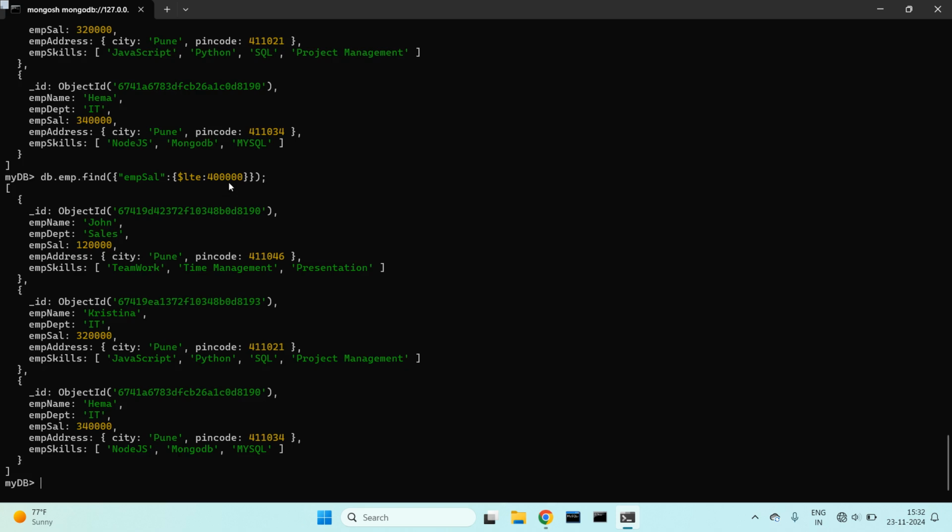Now next is the $in. Suppose I am searching for the employee information of those who are working in the IT department as well as the sales department. In that case, I can use the $in operator in order to specify the condition on a single key. So db.emp.find, the field in question is emp dept, and I'm searching for the values, so write in an array, IT and sales.